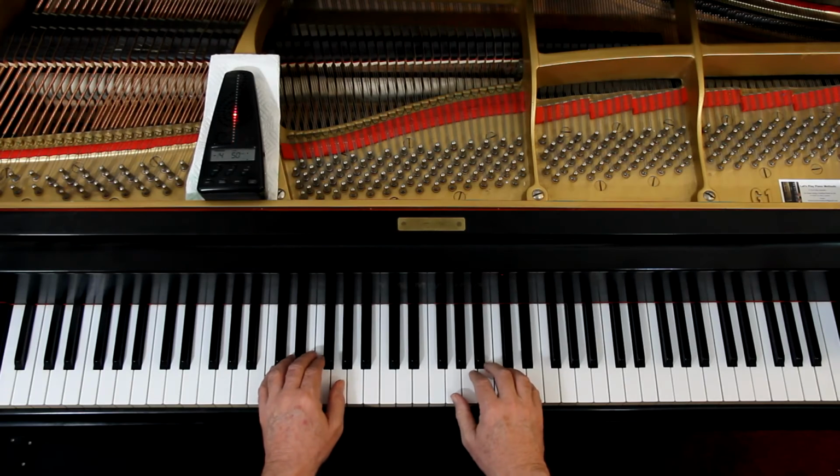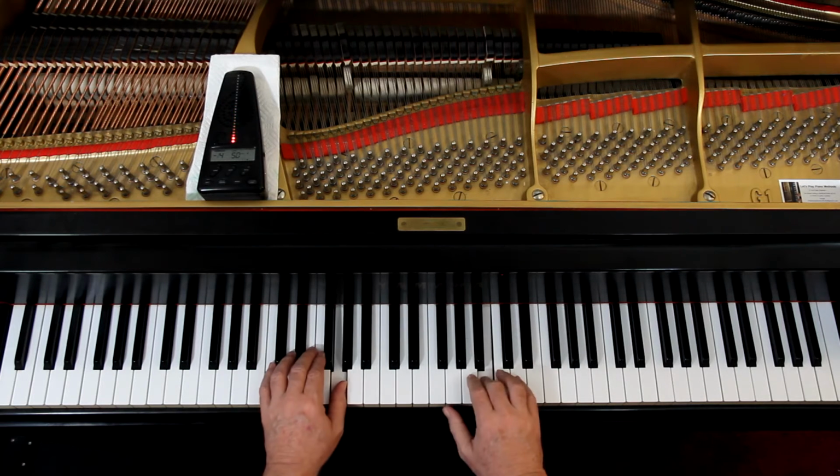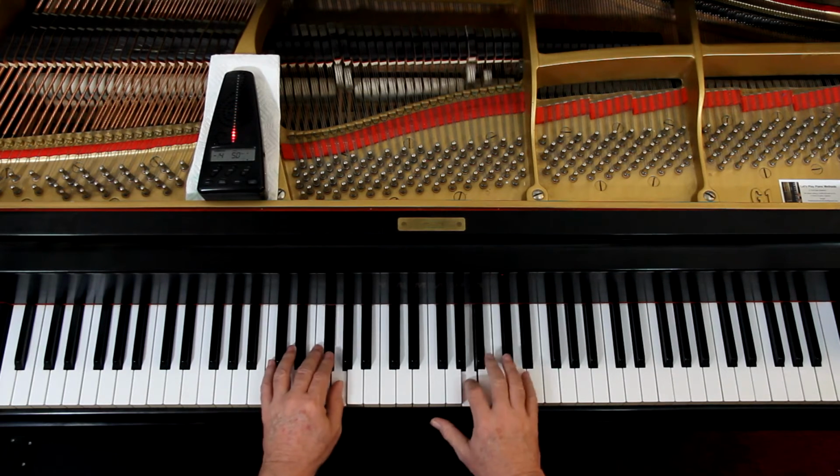I'd like to play this with you slowly to double check the notes and rhythm thing. I'm not going to do the dynamics. I'll give us 4 counts. Let's play it together. 1, 2, ready and go, and 1 and 2 and